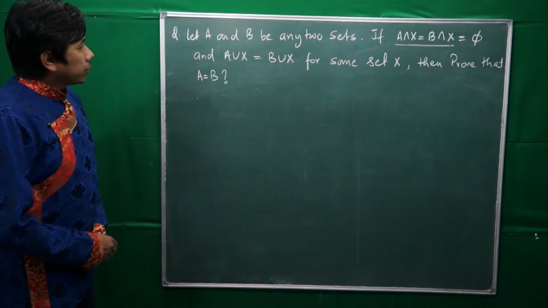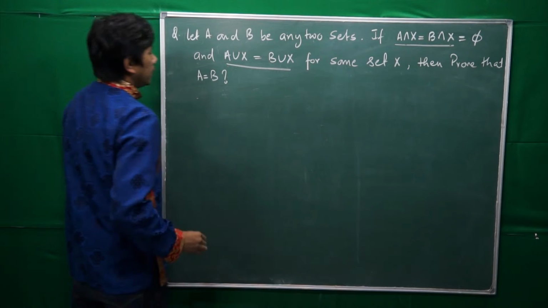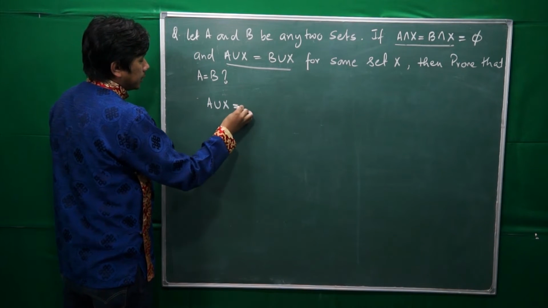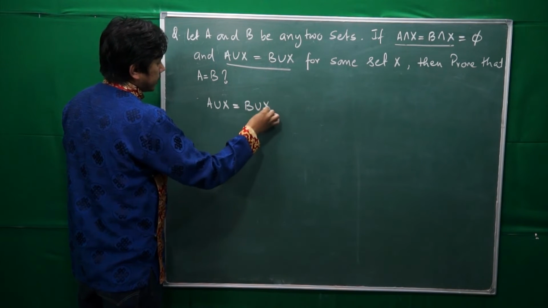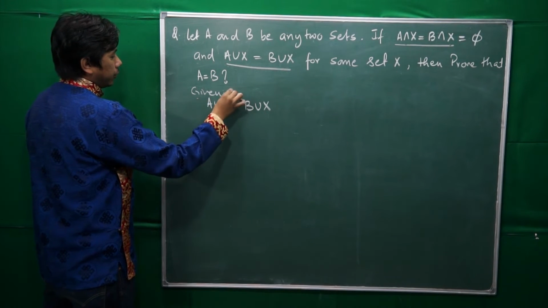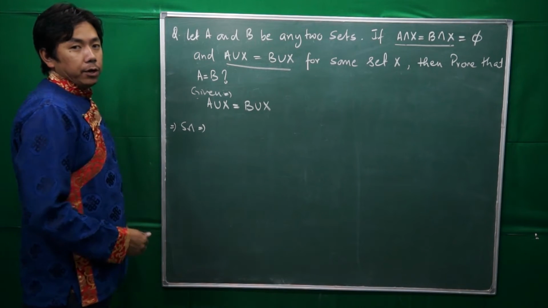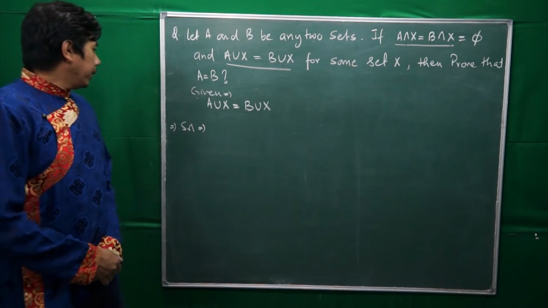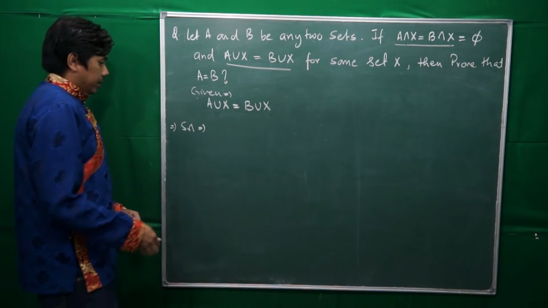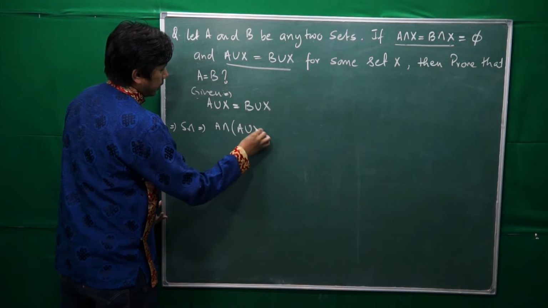All right, so to begin with, we'll take the given equation, which states that A union X is equal to B union X. Okay, now this equation has been given in the question. So first step, we are going to use A intersection on both the sides. All right, now when A is intersected with A union X,